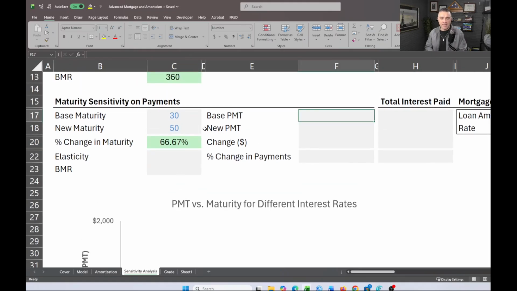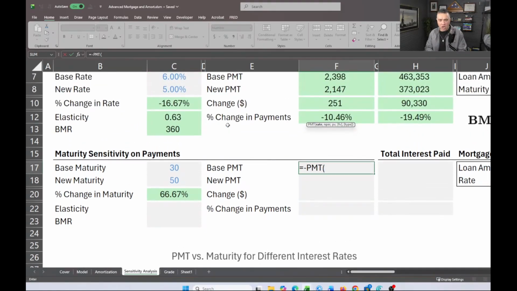Let's look at the payment difference. We're looking at what is the payment difference of going from a 30 to a 50. So that's going to be our base payment will be, again, I'm going to do a negative, so equals negative. Can't type today. So that's going to be the PMT. We want to know what is our,